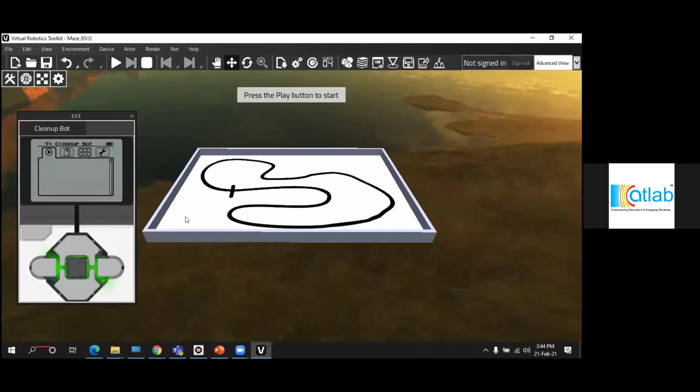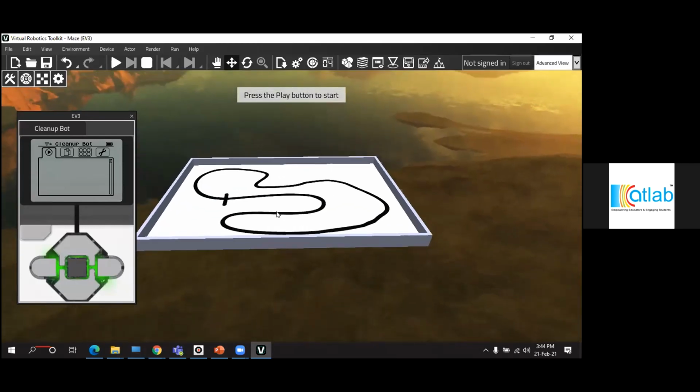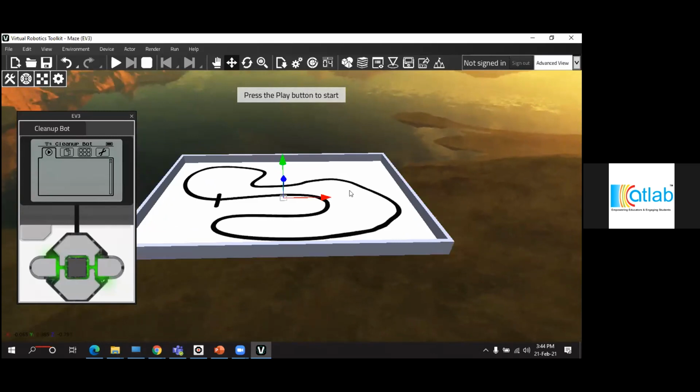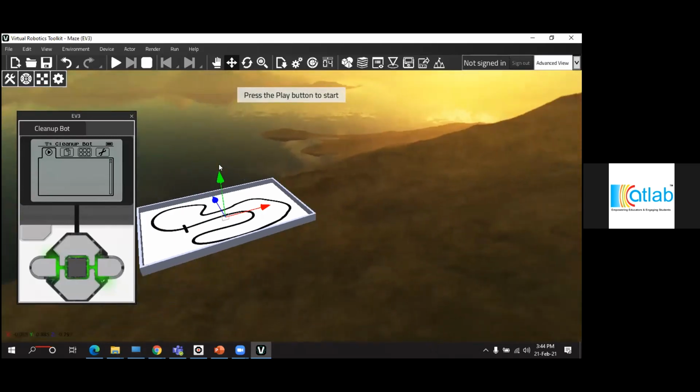So here the robot is missing. So what I'm going to do right now is zoom down over here like that. Click the mat. Okay, so there are 3 arrows, right? One is pointing up, one is pointing that way, and the other arrow is pointing this way.